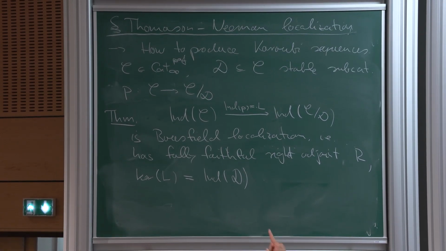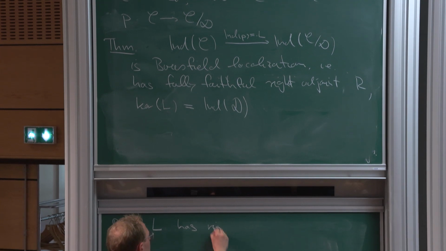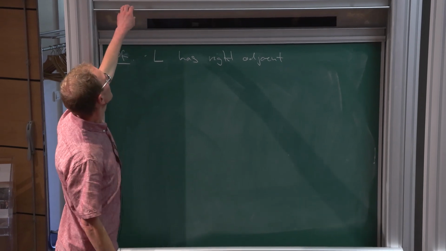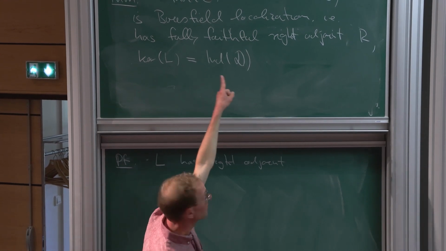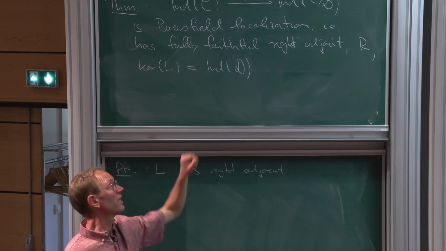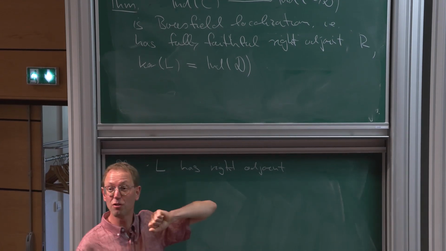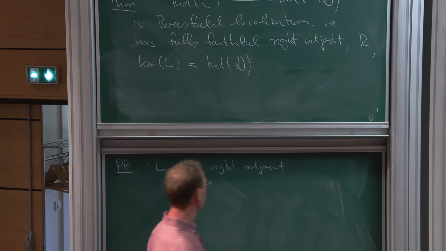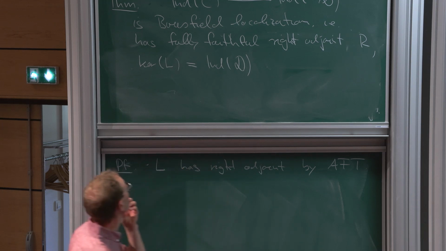Okay, so first of all, why does it have a right adjoint? So L has a right adjoint. I mean, this is quite easy now. By definition, you see that this functor L here commutes with all filtered colimits, but everything is stable here, and the functor is also exact, so it also commutes with all colimits. Then you can apply the adjoint functor theorem, and this gives you that it has a right adjoint. So this has a right adjoint by the adjoint functor theorem. Okay. Right adjoint R.